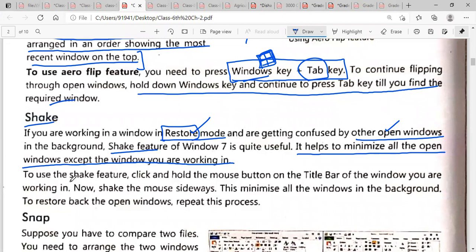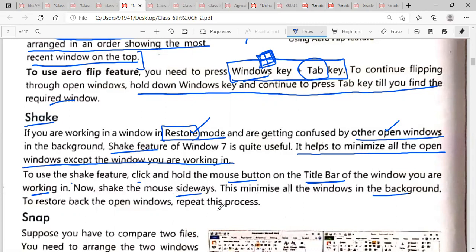To use the shake feature, click and hold the mouse button on the title bar. Okay, you have to hold the mouse button on the title bar of the window you are working in. Then you can shake that window. Now shake the mouse sideways. This minimizes all the windows in the back.